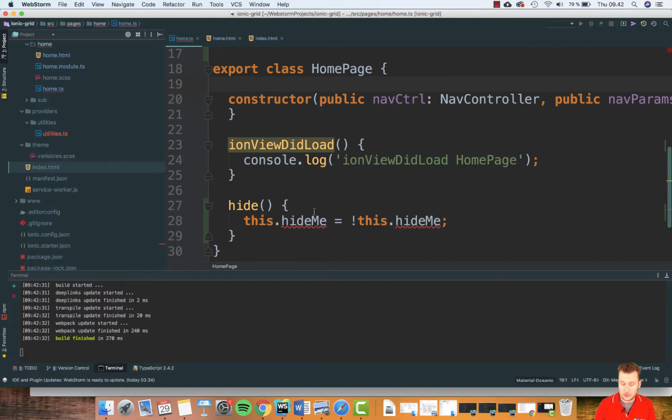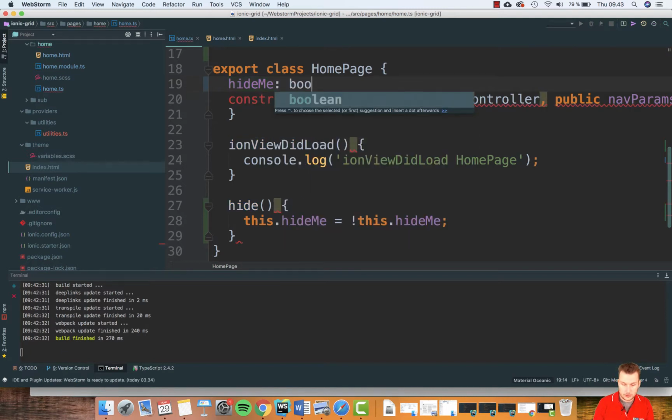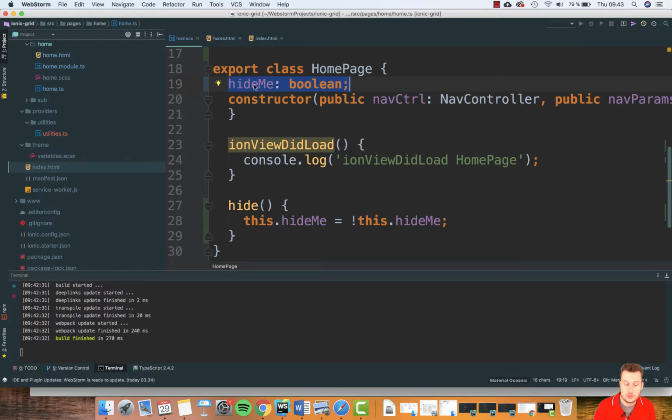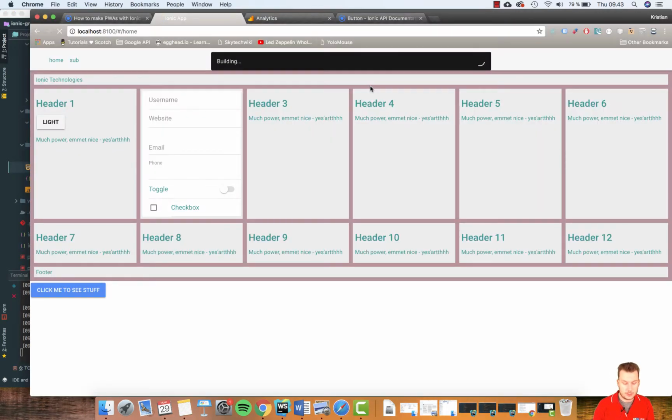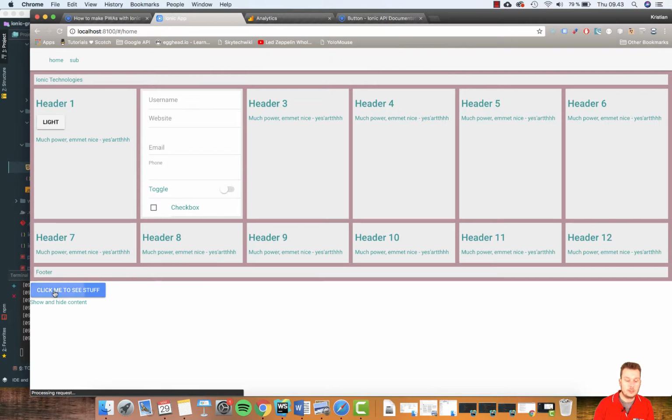What the system would like us to do, because we're using this right here, is it wants us to declare it, so it actually knows what it is. So just copy hide me up here to export class, and we're just going to set it to a Boolean, so it knows that we're working with a true or false all the time, and then the system is more happy. So now we're just declaring what and how we're using the hide me. It's actually not necessary, but the system would like us to do this because that's how they structured the Ionic and Angular as well. So that's actually a short example of how you can do a simple click me and hide me,